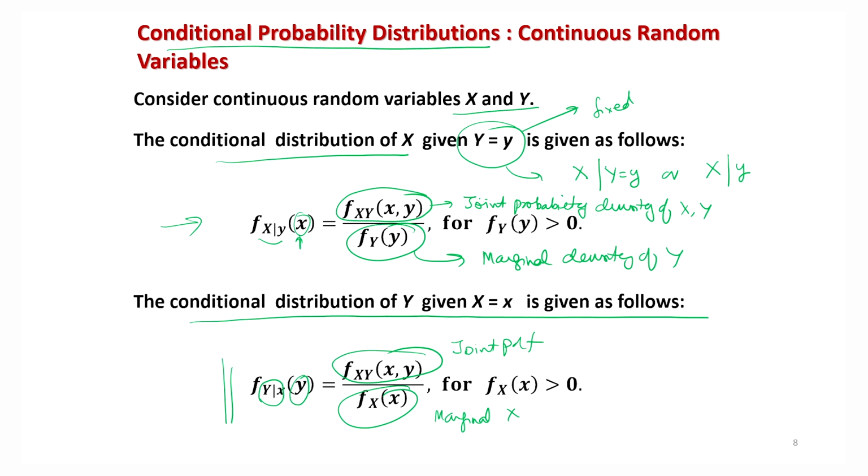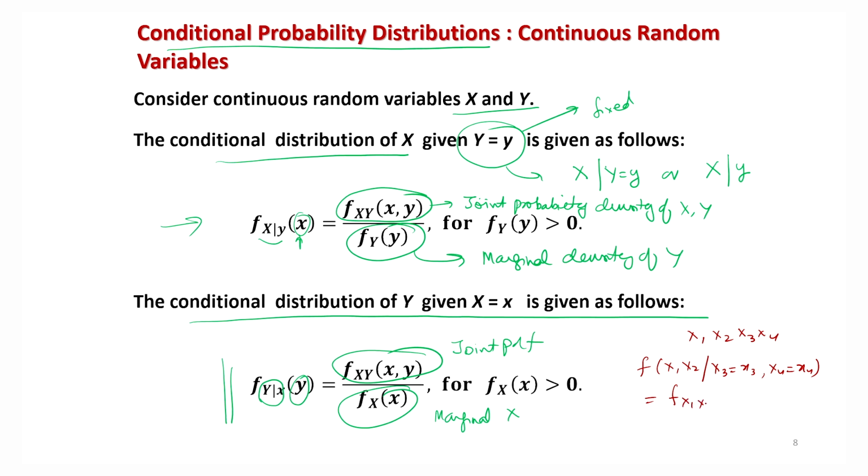Right. This concept can be extended to a multivariate setup also. Suppose there are 4 random variables x1, x2, x3, x4, and suppose I want to see the joint effect of x1, x2, on the condition that x3 and x4 are fixed. A similar type of definition can be given here also.